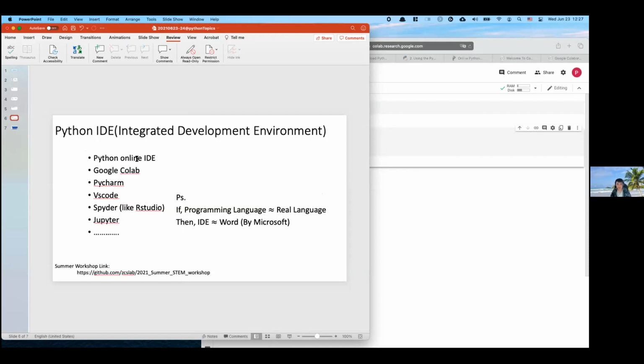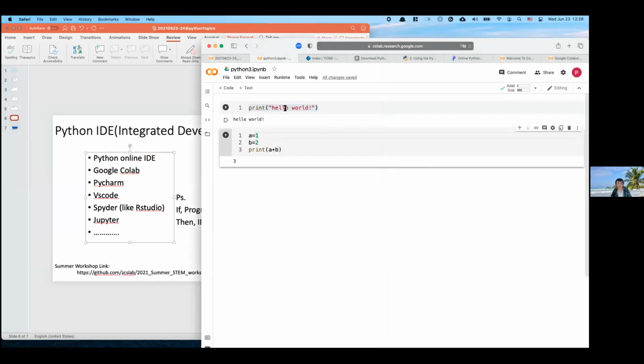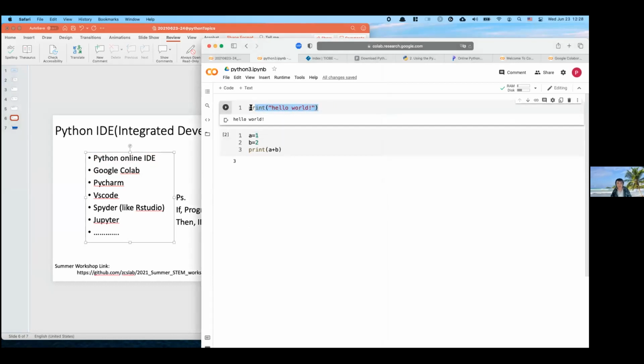But my recommendation is that if you know nothing about Python, these two are your first choices, because as I said before, the installation of Python is not as easy as R's. I believe some of the students or some of the beginners just quit before they type in the first code, print hello world. They don't even know how to install